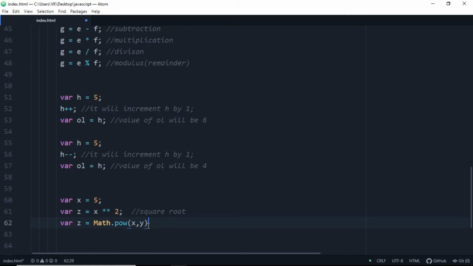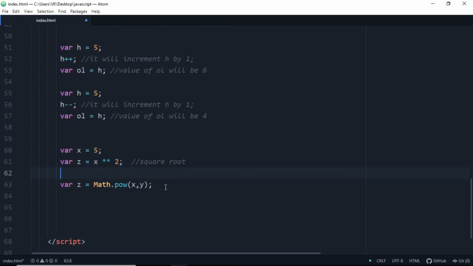X will be 5 and y will be 2, which is the x and y variable. So we have this Math.pow x comma y. So we have this, like x is already defined, so we're going to define this y variable and going to assign a value, that is y is equals to 2. So the value of z will be 25, as same as we got on the 61st line. So z is equals to 25.